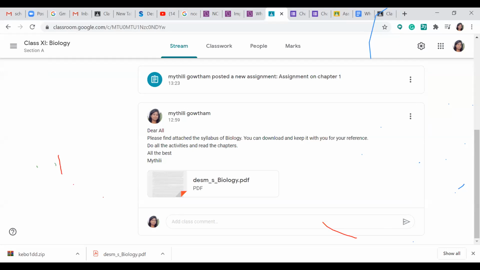Maitri, there was a question: can students access Google Form through their tablet? And the second question was, can we set a timer in an assignment? I think you have already responded to the second question, but the first question was, can students access Google Form through a tablet? Yes.